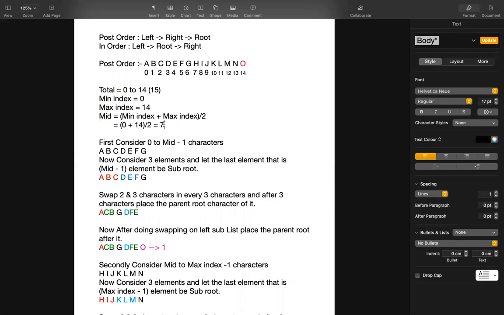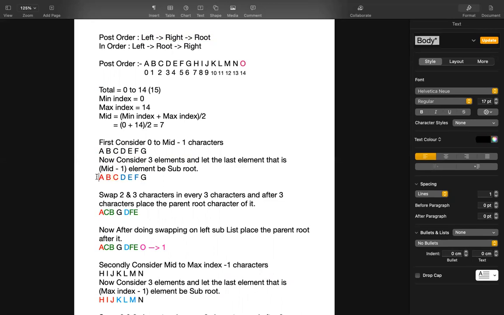That is 7. First, let us consider the characters from 0 to mid minus 1, that are A, B, C, D, E, F, G. Now consider 3 elements at a time, and the last element in the given sublist is the subroot, that is G. For every 3 elements we have to swap the 2nd and 3rd characters.